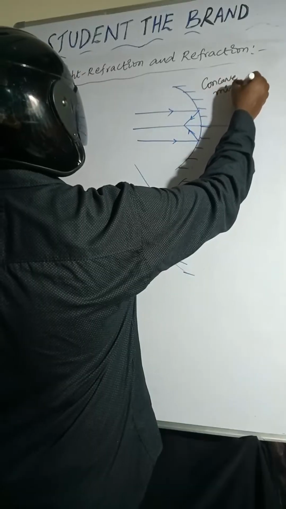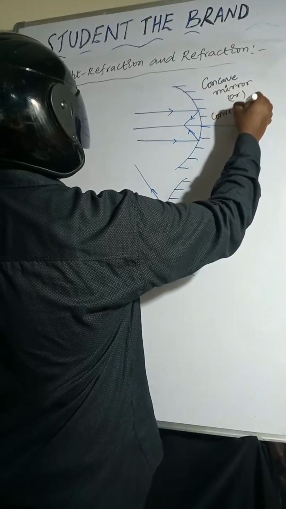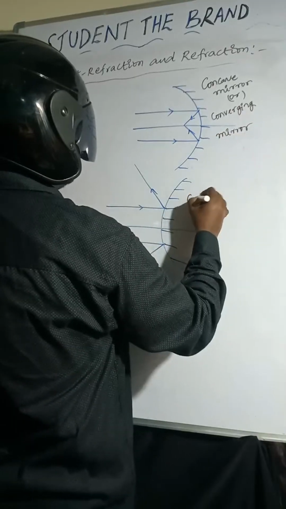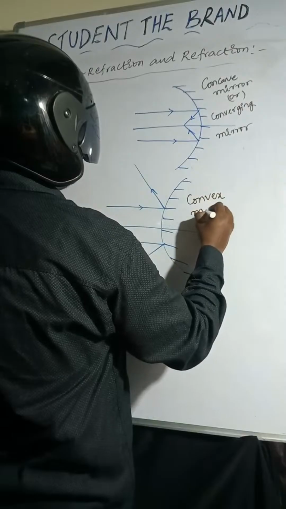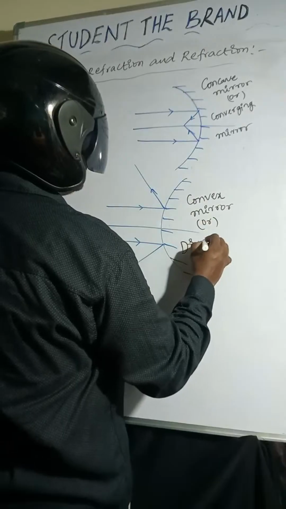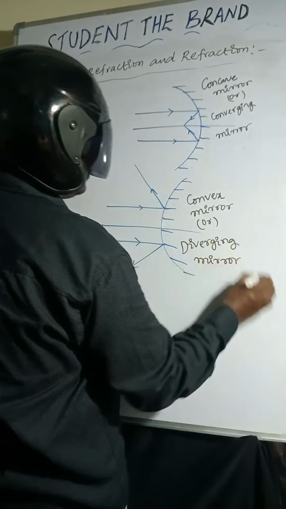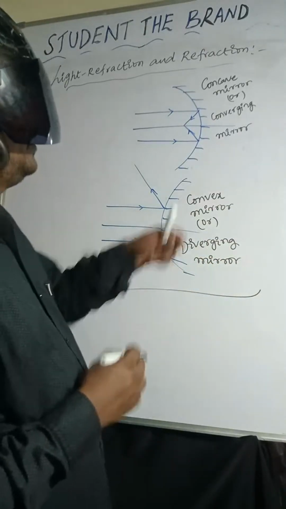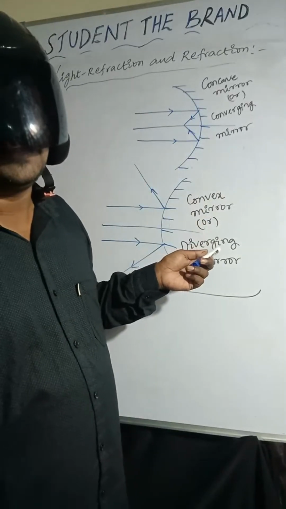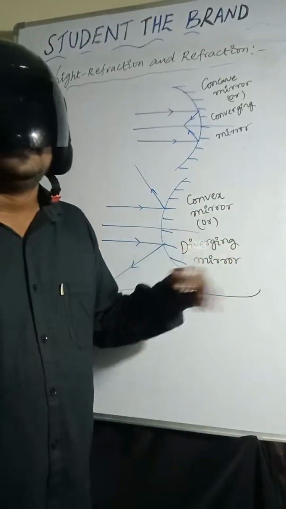Okay, I hope it is very clear. So this is about the concave mirror. Concave mirror is also known as converging mirror, whereas convex mirror is also known as diverging mirror. So next one we will discuss about